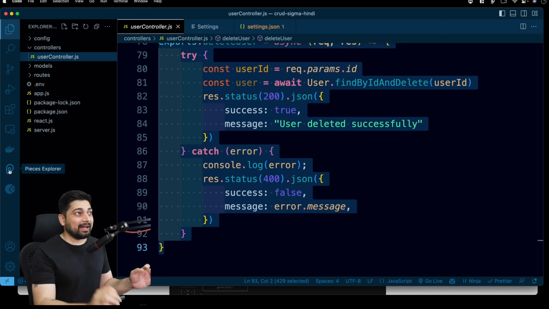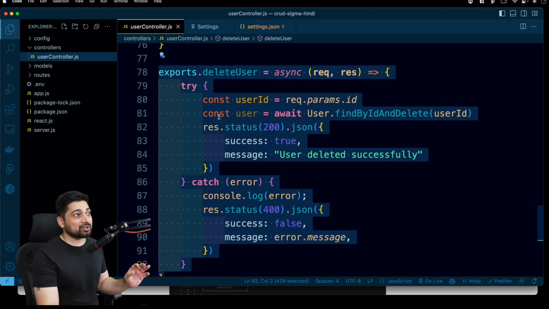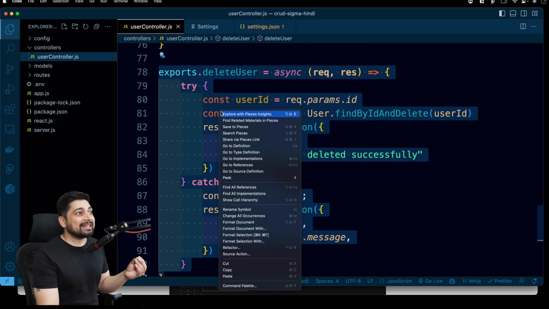Now, I am a big fan of Pieces these days. I don't know how I was living before Pieces. It is so much more productive and organizes everything for me. So this is the first plugin that I always keep intact. The advantage of this is it's always available to me. And the best part is, after installing it, I can just right click and save everything to